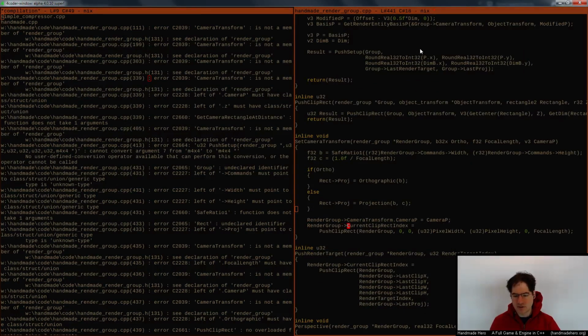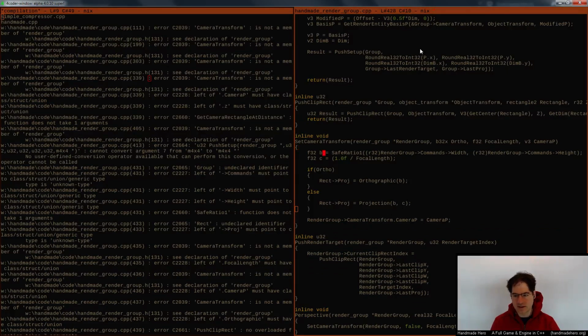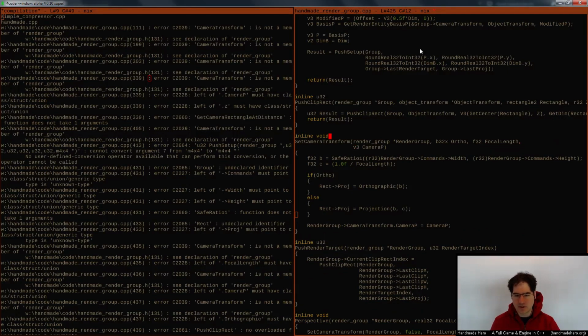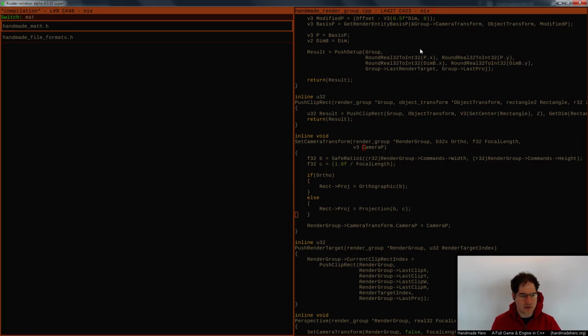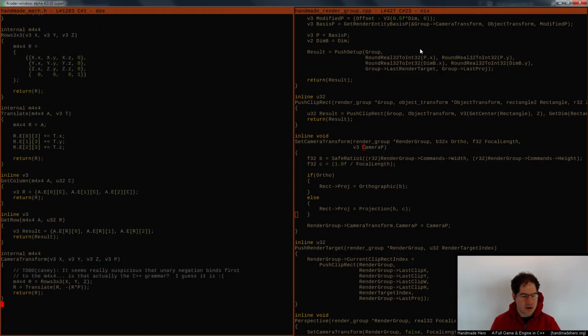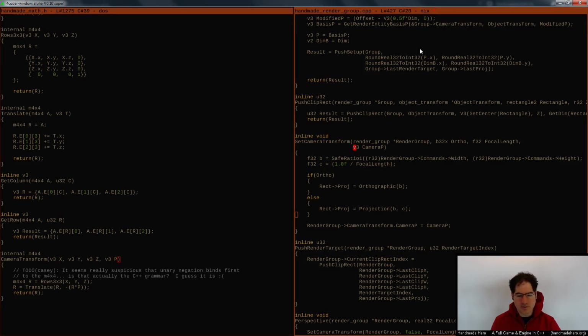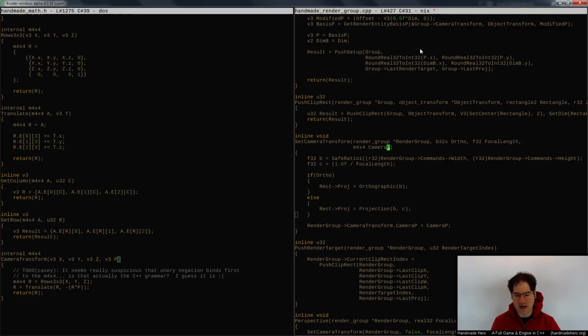But now we have to deal with the part that's actually the thing that we wanted anyway, which is that when we do a set camera transform here, rather than just having a camera P, we've now got this way, like we saw in the math routines, of creating a camera transform out of axes and a location. What I'd rather do is just say, what's the actual camera transform, right? Just tell me what the camera transform is, the whole thing, rotation and position, instead of just giving me position. Then,